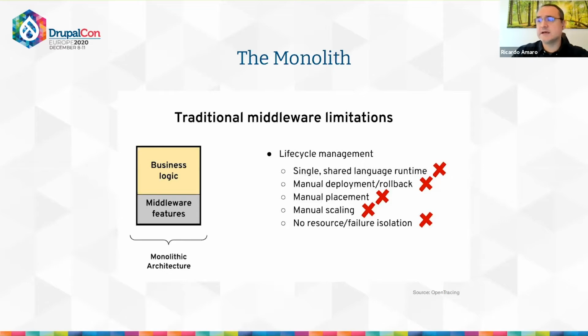However, these benefits carry their own difficulties, like having a single shared language runtime, having to manually deploy the entire application when you only have a need to make a small change, manual replacement of the scaling, and no isolation